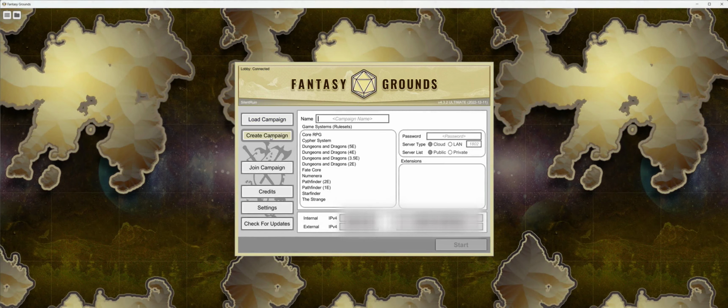Okay, this is the base campaign that I'm going to use for all my Did You Know examples. I'm going to be in 5E. I always put it in LAN. Basic password, and I pick all of my extensions